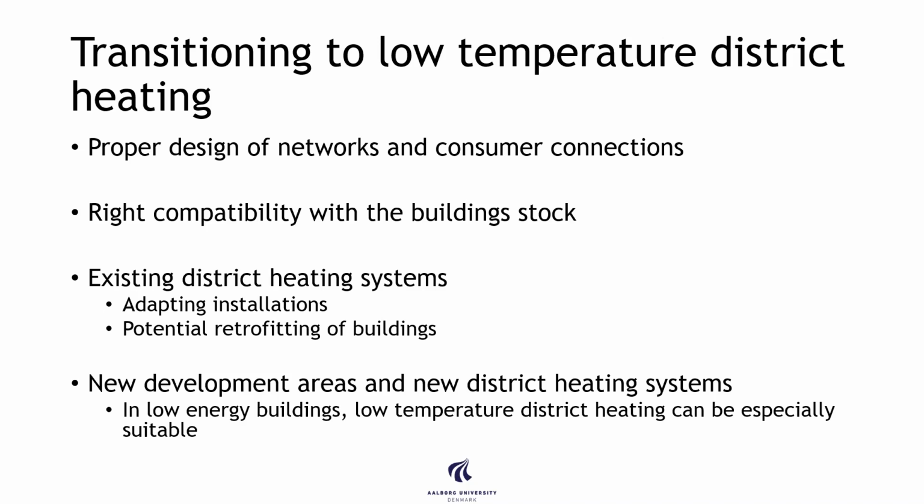But because of this lower delta T, there's a chance that we might need bigger pipes, or we need the right pipes to support the flow. So this is why the buildings also need to be compatible, because the current infrastructure in many buildings, and potentially also in many pipes, is designed for a different supply and return temperature than what can be achieved. So maybe it's not possible to get the right flow to the building.